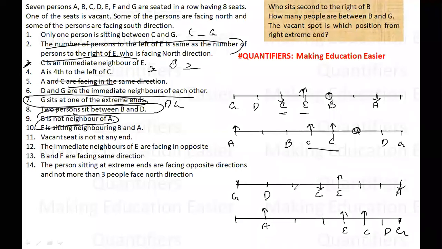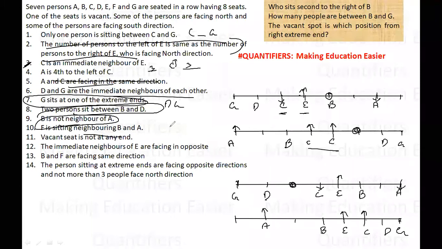If I talk about this scenario, I'll have to take this seat vacant. I'll make B sit here. If I talk about this scenario, 1 and 2, B will sit here, because I cannot take A as a vacant space. No, let's see for